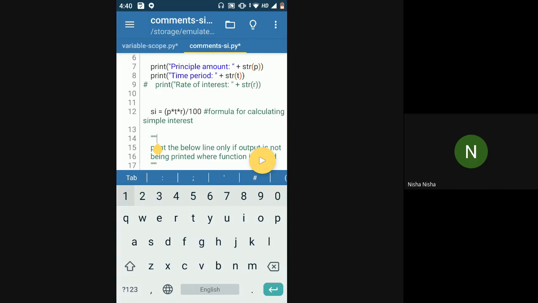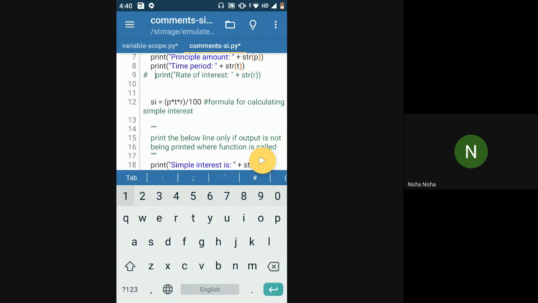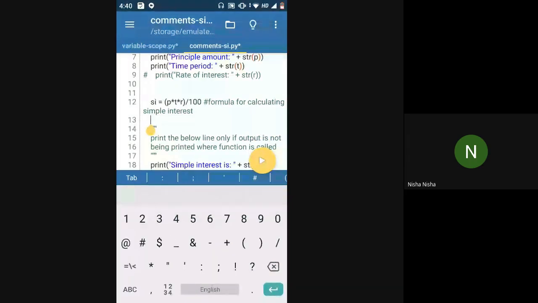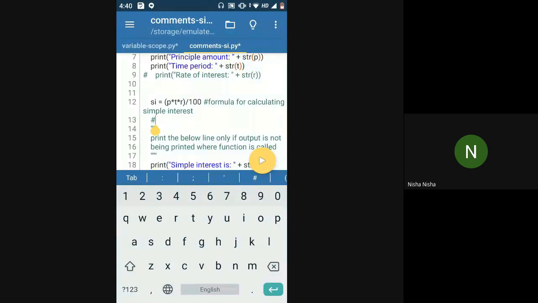Okay, so single line you understood, right? Whenever we want to give more information about the code, we use a single line comment. We use a single line comment if our comment is a small one, like if our comment is going to fit in one line. If you have a very big comment which is going to take about 10 lines, then see, for single line comment in Python, if you want to comment, you have to put this hash character on the line that you want to comment out. So now if you have a 15 line comment, you will have to put this hash character at the start of all the 15 lines. Okay, is this clear to you?